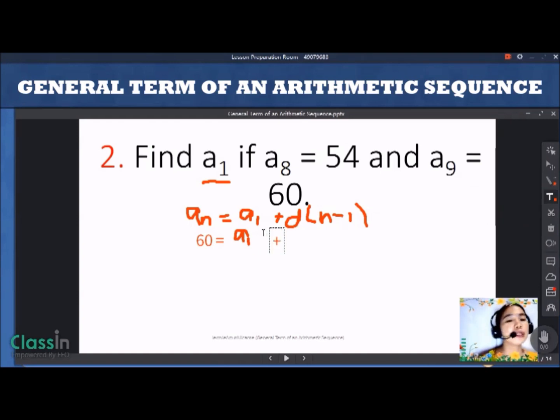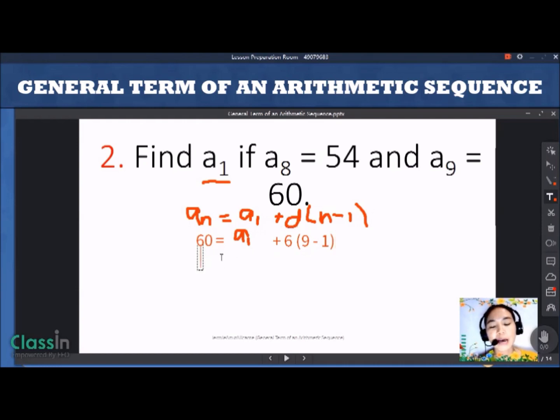How are we going to know the common difference? Since the 8th term, or a sub 8, is given, that's 54, and the 9th term is also given, that is 60, we can say that the common difference is actually 6, right? You just have to subtract 60 minus 54. And then, what will be our n? That is 9, because we have a sub 9 as our last term. So 9 minus 1. Okay? Then,